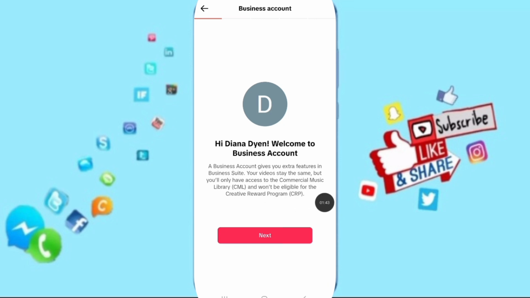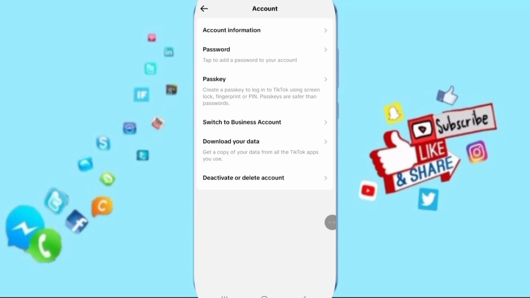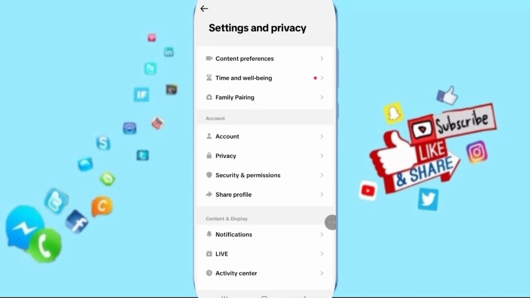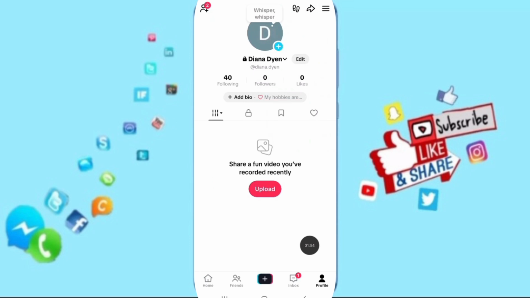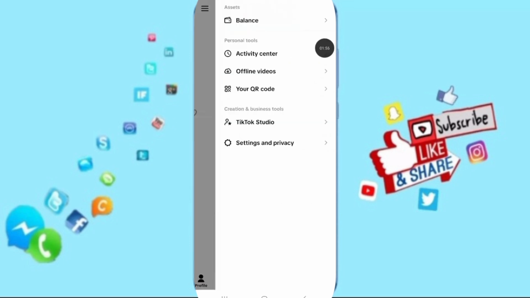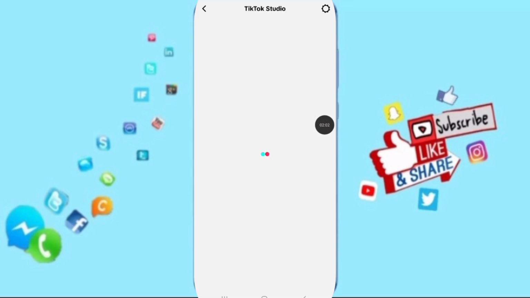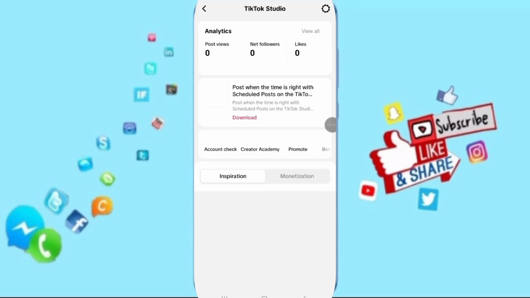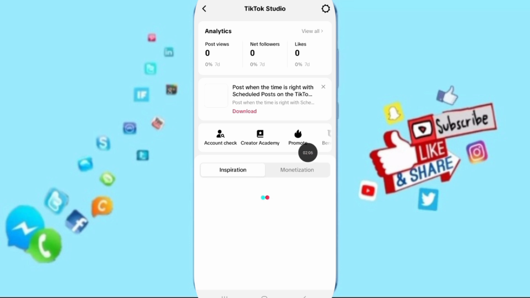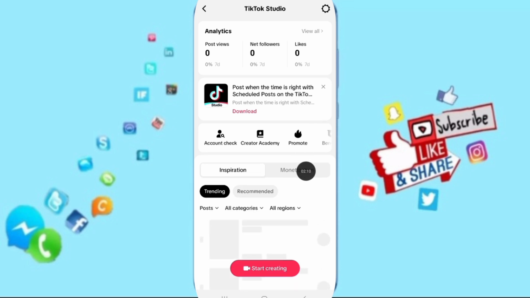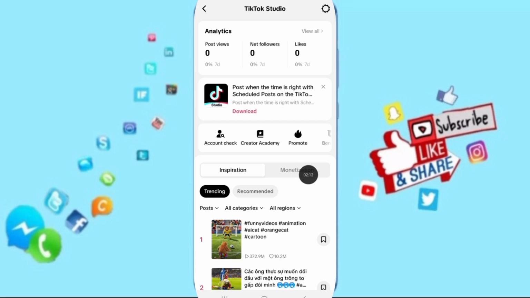So first you will go to switch it, and after that you will go back to this page of account, and you will go to this sign again. Here you will find TikTok Studio, and here in this page you will have this window. You will click on this page of monetization like this,